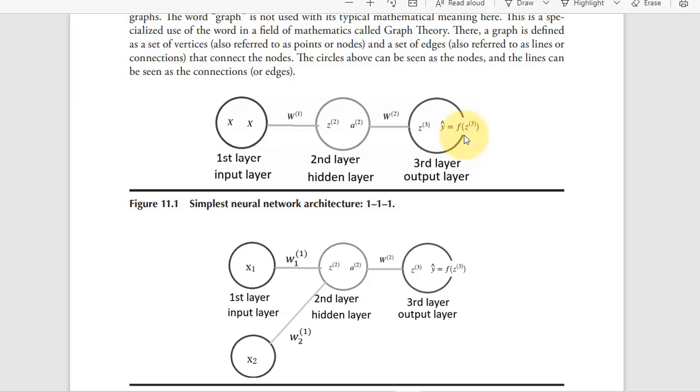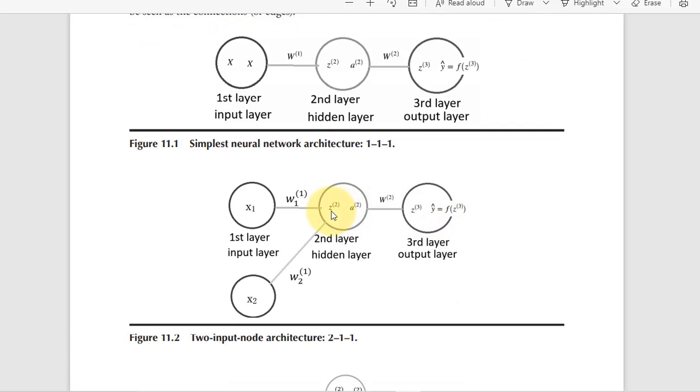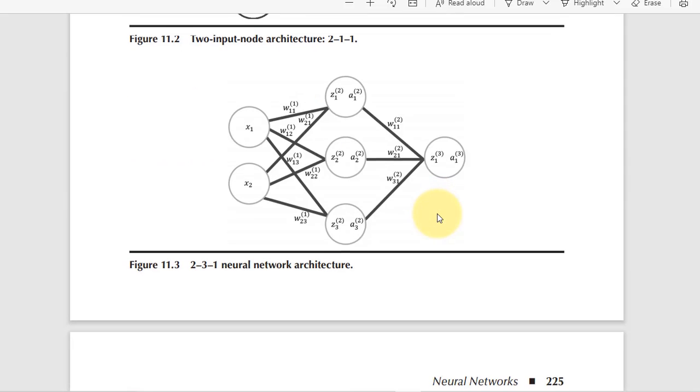And we're going to get something out, which we're going to label y hat. Same thing here. We'll take this, put it into sigmoid, get this, multiply this times this, get this, then put this into a sigmoid function like this, and we'll label that output as y hat. And we can do the same thing here. This, put it in sigmoid, get this, sigmoid this, then take these, this one times this one times that, this one times that, sum them up, we get this z1 in the third layer, put that value into the sigmoid